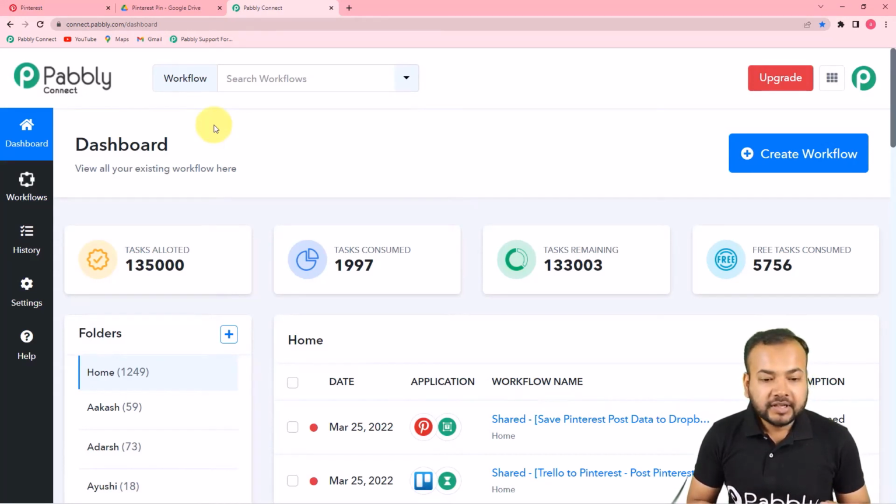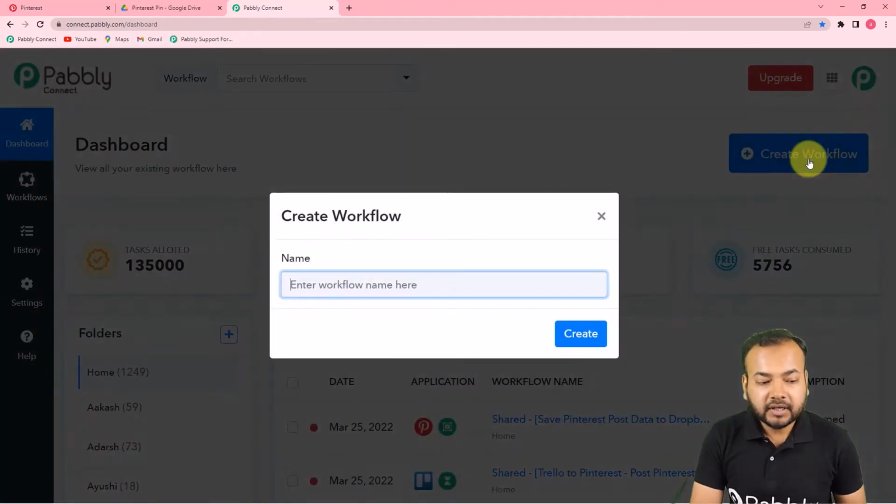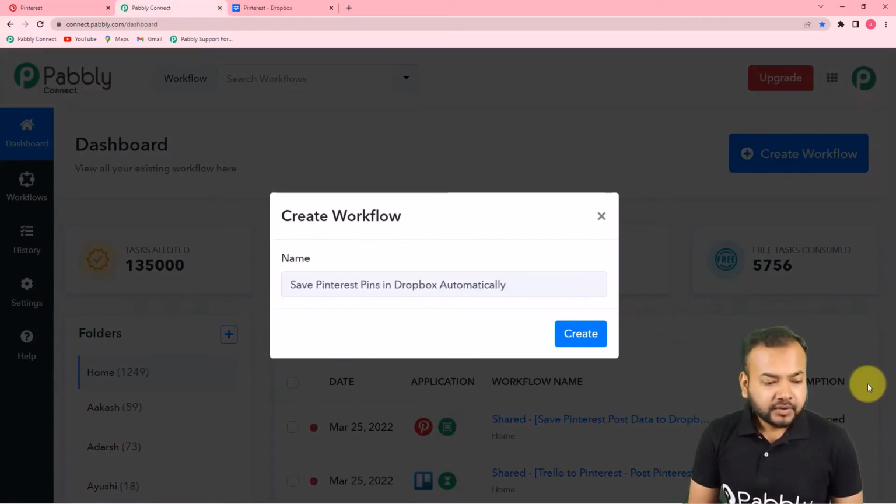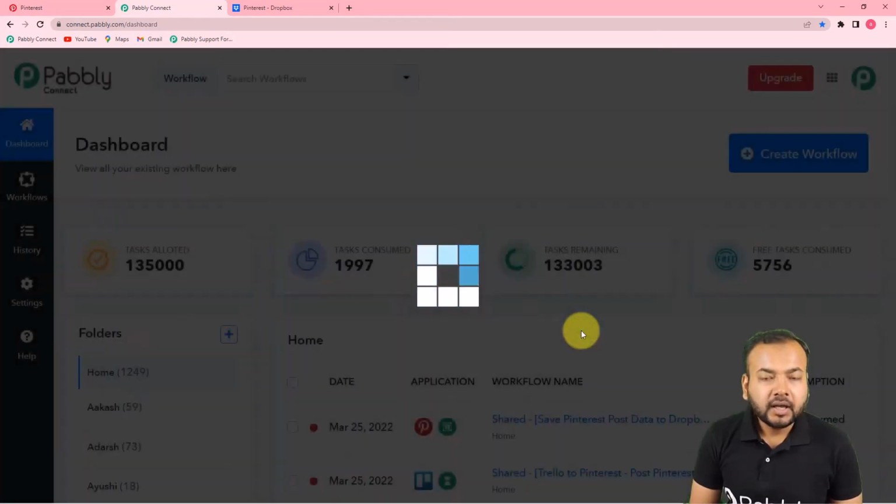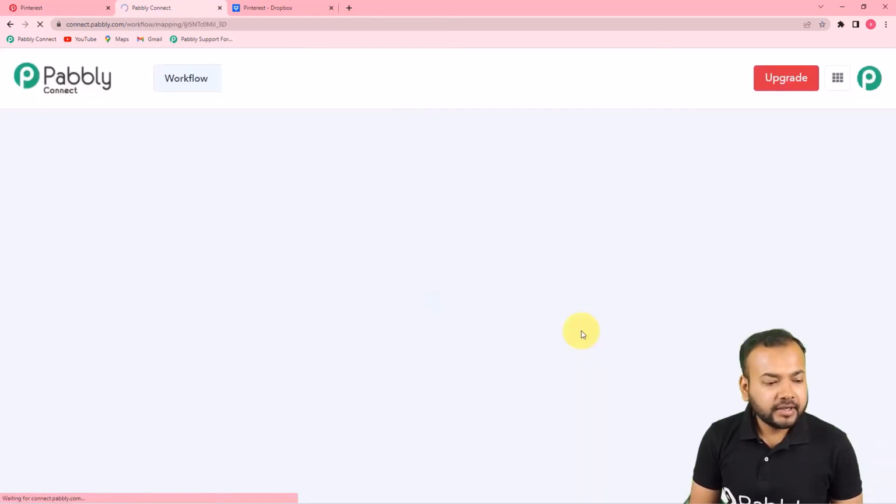Okay, so guys, here you have to start working by creating a workflow. So to create a workflow, you just have to click here on this create workflow button, and here you can provide any suitable name to your workflow. So let me fill the name here. So here I have given the name to this workflow as save Pinterest pins in Dropbox automatically. Okay, now you can click here on this create button and you can see your workflow getting created on this